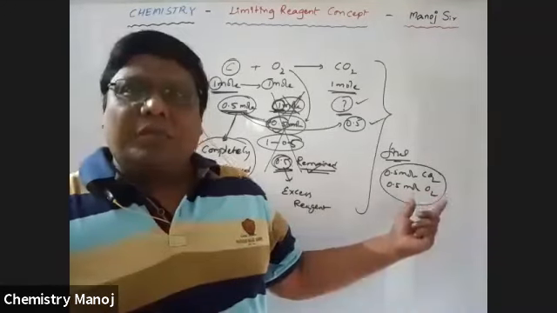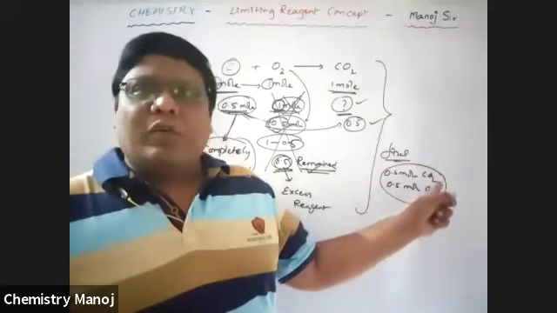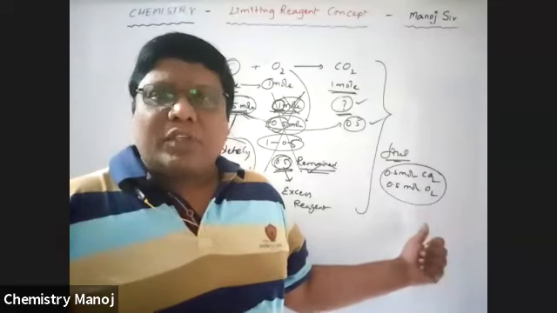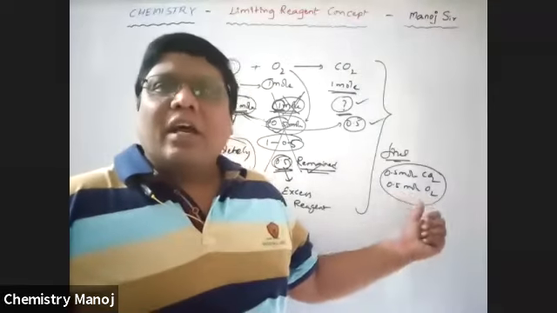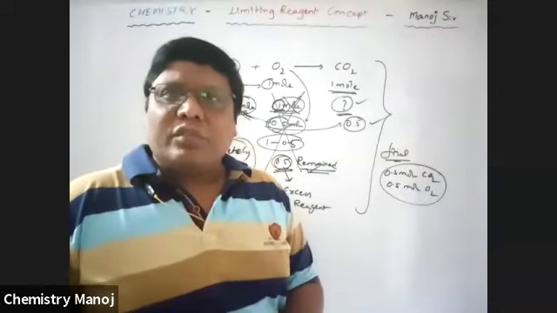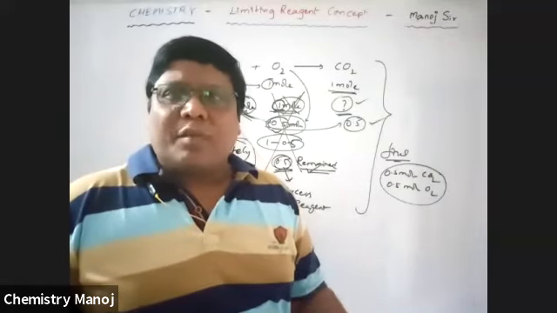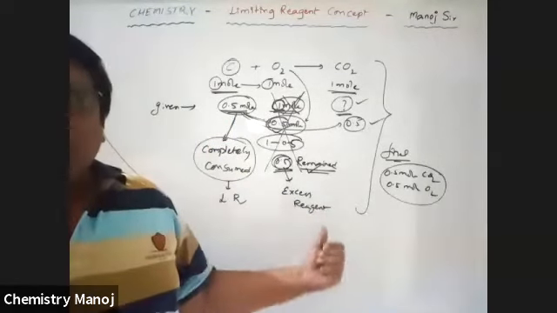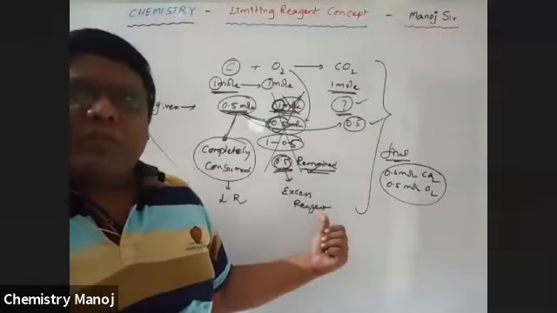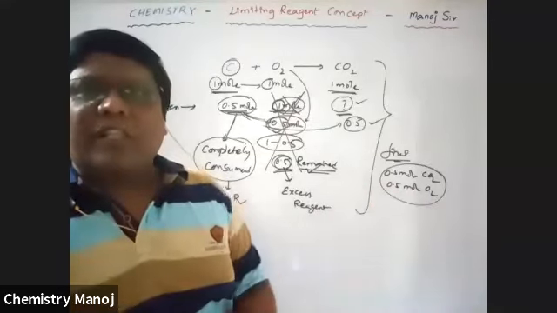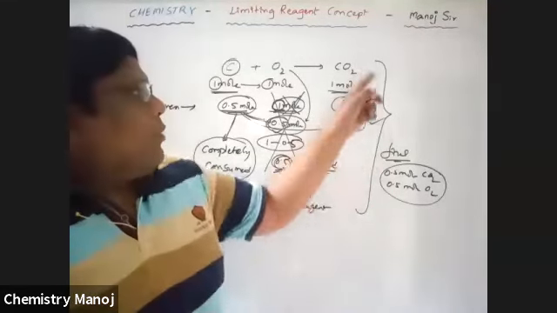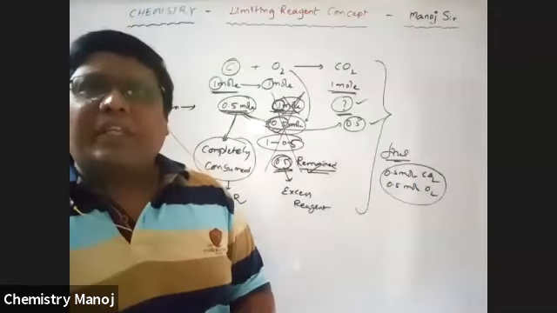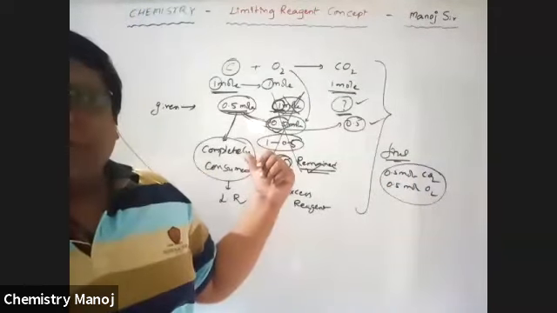So what are those chemicals available? The formed is 0.5 mole CO2, and the unreacted oxygen is there, which is in excess amount. So that excess oxygen is also present in the final mixture. The chemical which is in excess amount is also available in the final mixture. So here oxygen is in excess amount. How much is excess available? That is 0.5 mole. That 0.5 mole is also available in the final mixture. Now, how many moles of carbon dioxide are formed? That is 0.5 mole carbon dioxide formed. That is according to our limiting reagent.